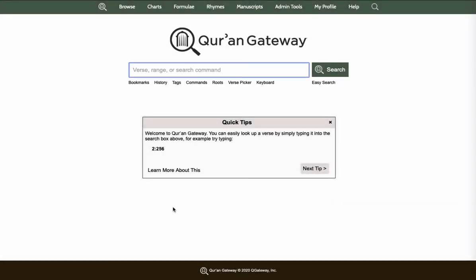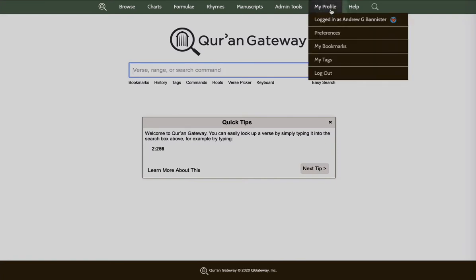In this video we're going to show you how to use tags, a powerful feature built into the software that lets you organize and work with verses that you want to group together or visit again for whatever reason. So to show you how tags work, if we come up to the My Profile menu and choose My Tags,